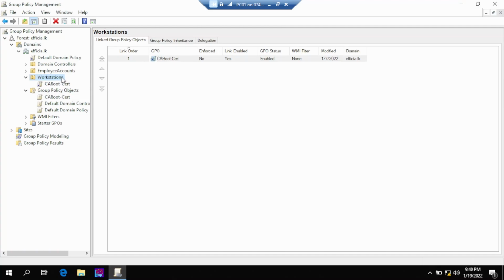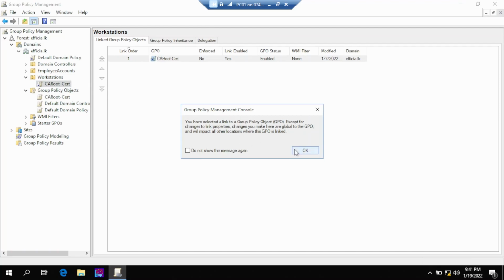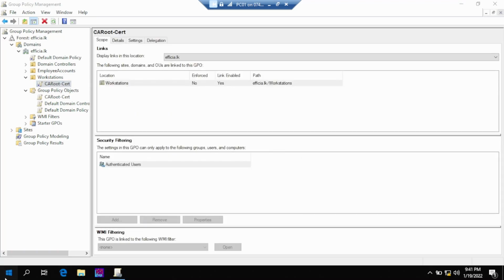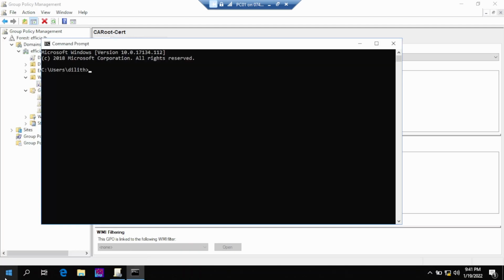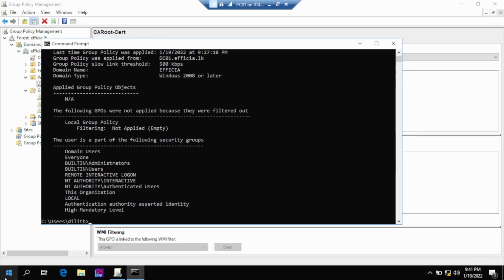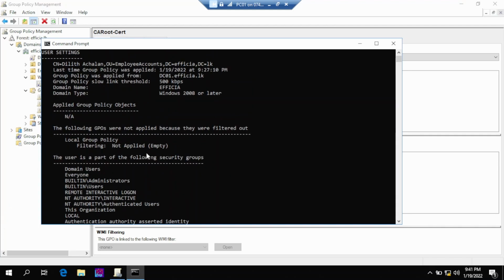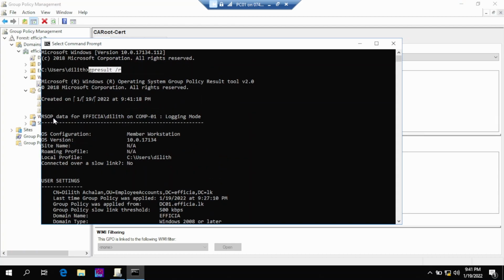So how are we going to check if this policy is applied to the client? First of all, the basic thing you can do is run gpresult /r to check if the policy is applied. But by default, this gives RSOP data of a particular user.